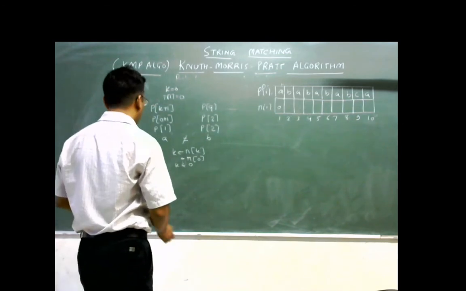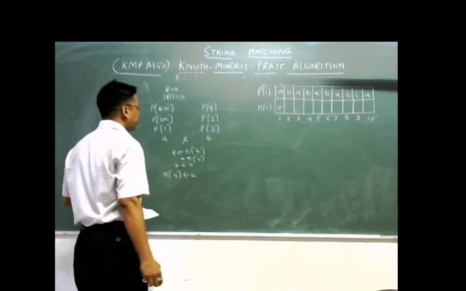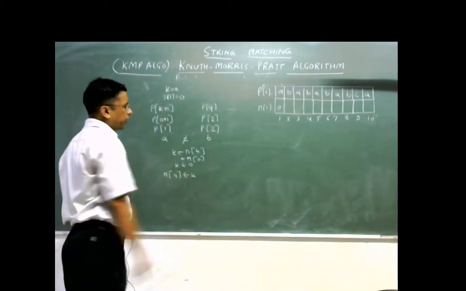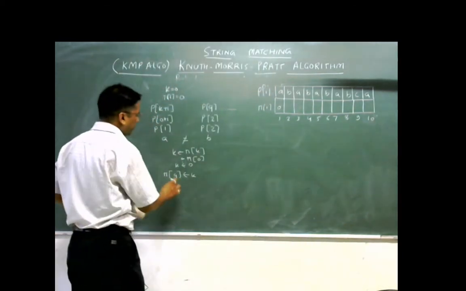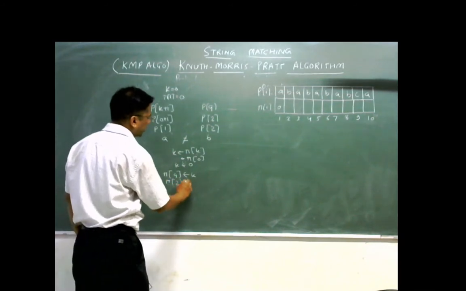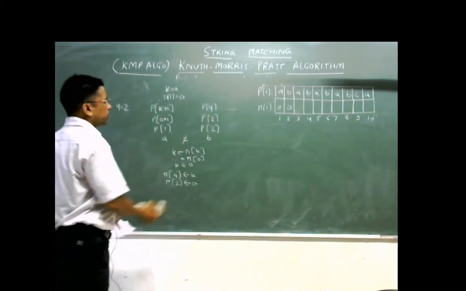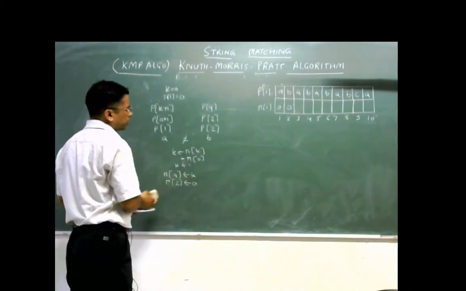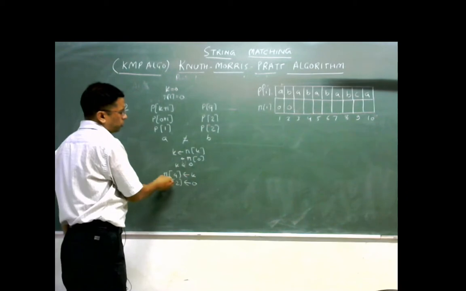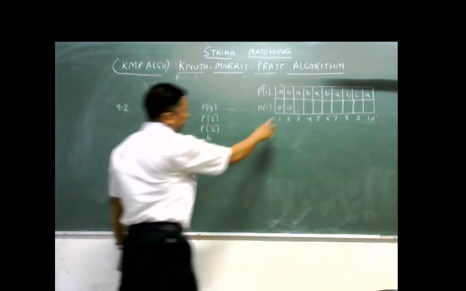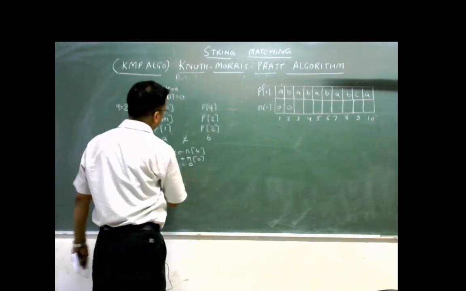For this position, we shall assign the value of k to pi q. In that position there is no previous function, so we shall avoid that step and assign the value of k to pi q. Means at position pi 2 we shall assign the value 0. So at this position we shall fill the value 0, because k will remain 0, pi 0 does not exist, and we assign that value k to the pi q position. So the first position would be filled by 0, right? And now we shall compute the value for q equals 3.